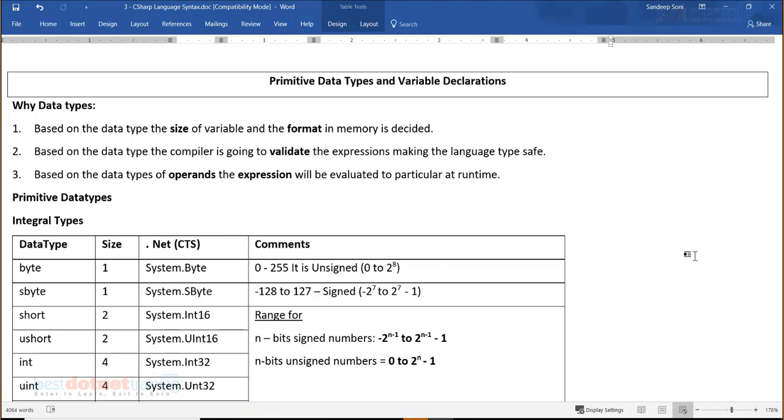When I say data, it can be integer, it can be byte, it can be some floating type, it can be boolean type, it can be string type, or it can be any other type for that matter. And it is all this data only which is going to flow through the instructions, and it is this data which is going to reside in memory.